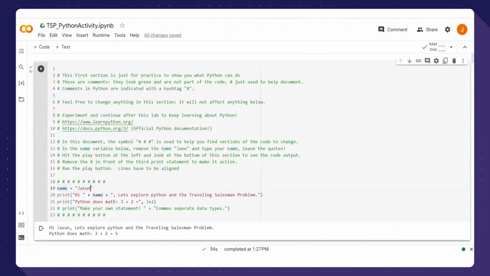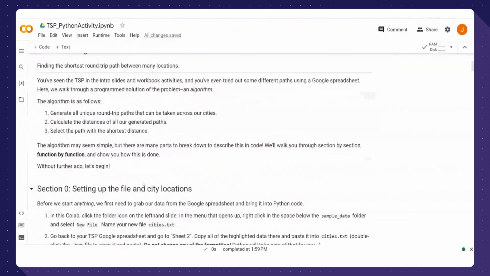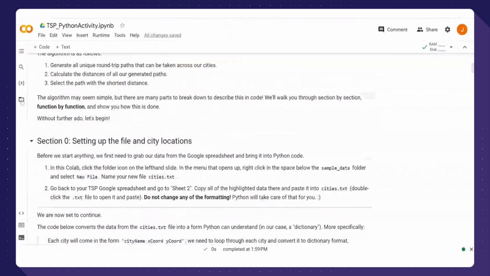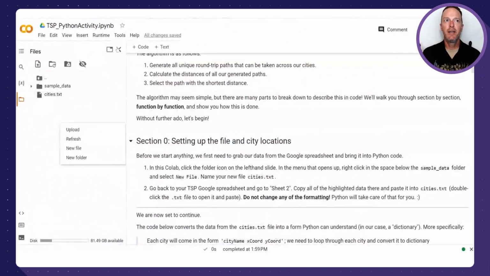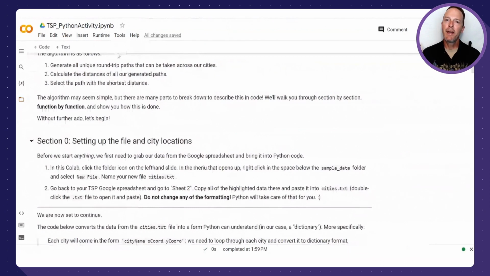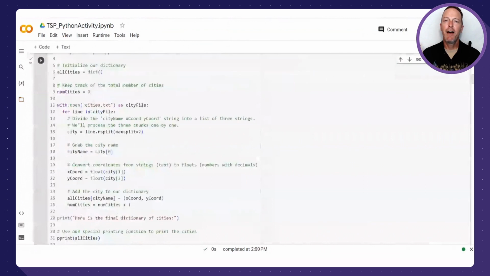You can run each section here by pushing the play button, and that cell will run. And it should change the output here in the bottom. As you run the cells below, they will input data for the next part of the program that's running. Between each section of the code is some documentation that'll explain what's going on in the algorithm. It might help you understand what's about to happen in the code and give you a better idea of how